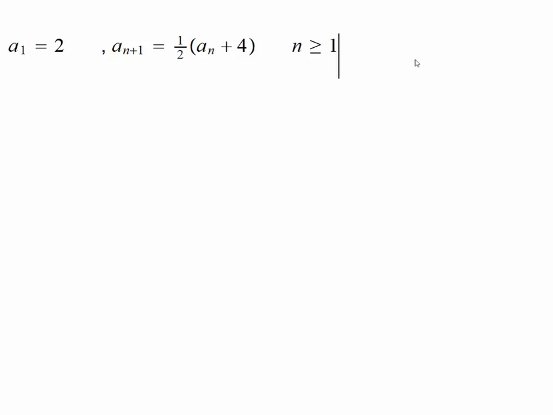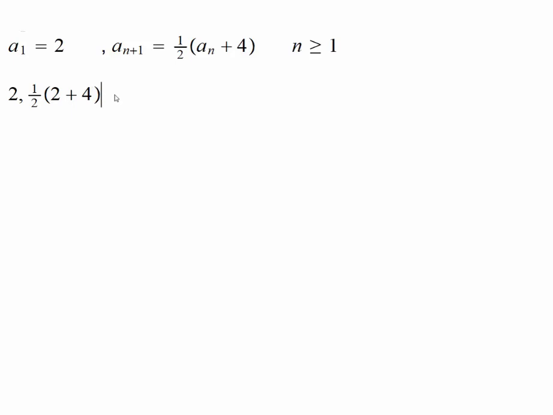Let us take up a recursively defined sequence that is defined by this rule: the first term is 2, and each subsequent term depends on the previous term by this relationship. So how would the sequence progress? The first term is 2 and the second term is 1/2 times 2 plus 4, that is